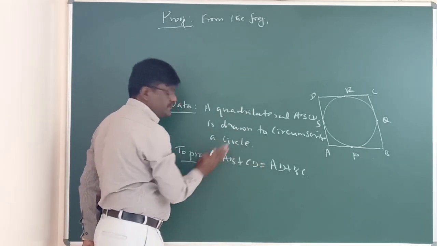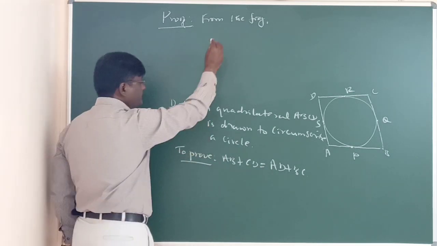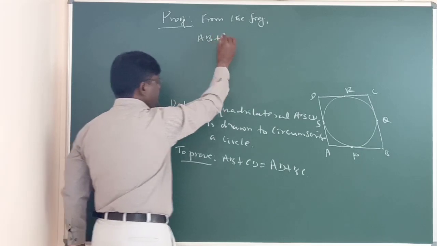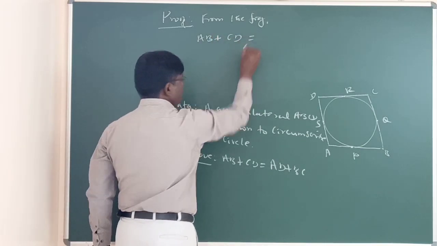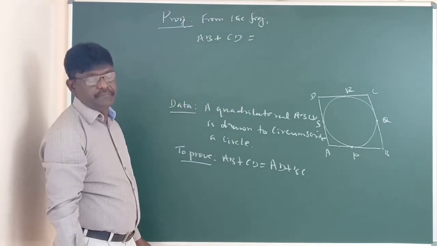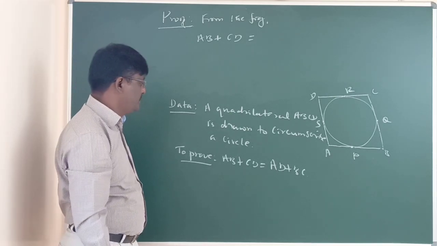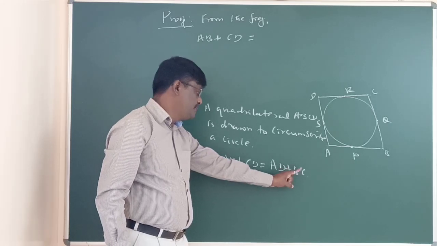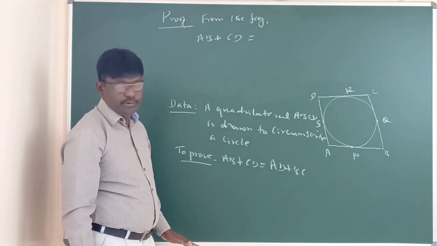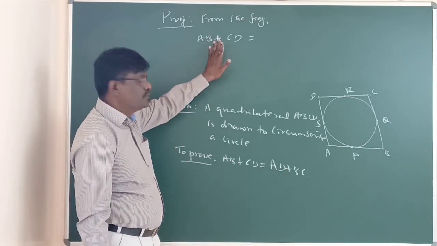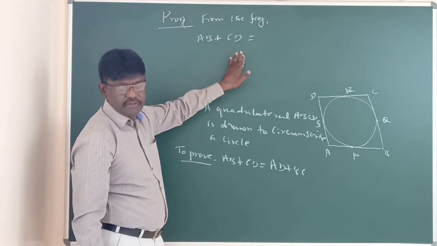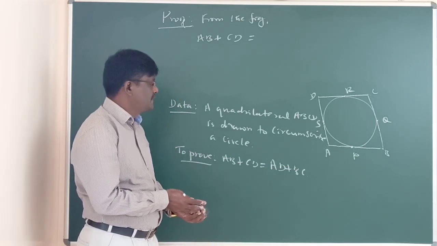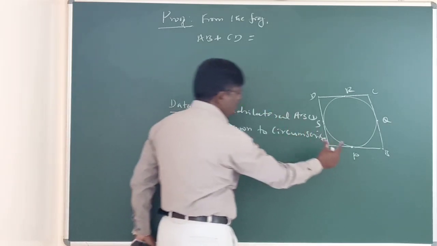Now let us start with LHS itself. AB plus CD equal to. Look at the right side, children. Right side we need AD plus BC. So now this means that we don't want AB, we don't want CD, but we want what? AD and BC. Hence, how could this be changed?